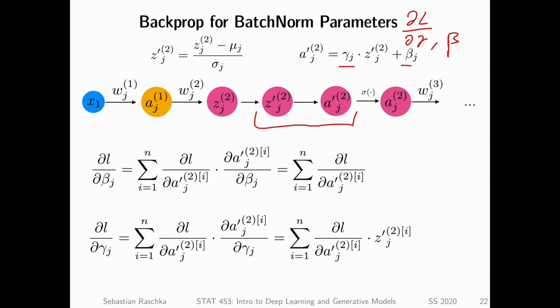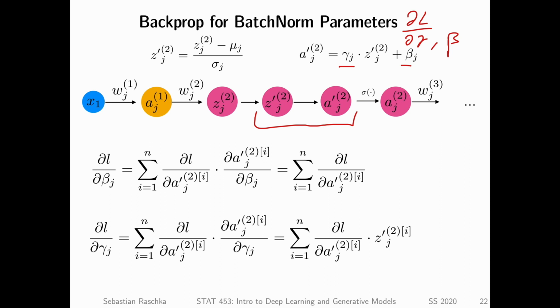How we do this, with these two additional steps, is simply that we look at the chain rule again. We have the loss with respect to A prime, where A prime is the pre-activation in batch norm. One thing to notice is that i is the index over the examples in the mini batch, so we have this sum over the mini batch, because the batch norm parameters depend on the whole mini batch, not on a single training example. So you can't really have a sample size of 1 in a mini batch. I mean, you can technically, but it wouldn't really make sense.